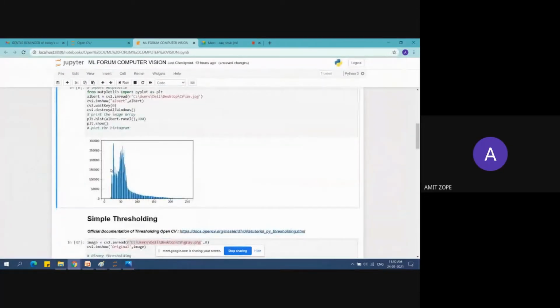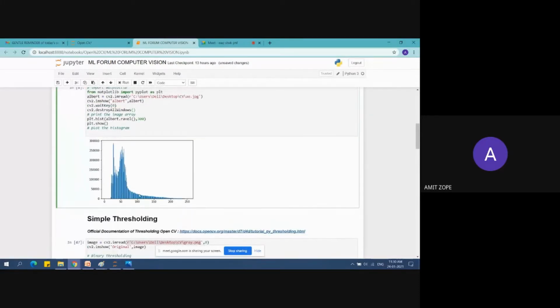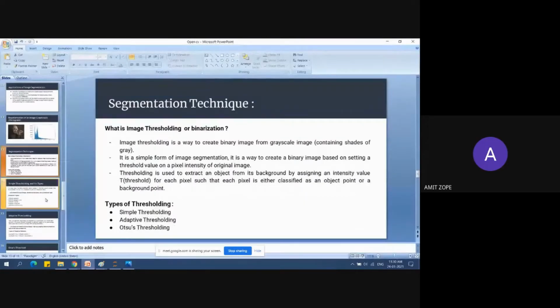Yeah. So this is the histogram of this image, that is the Albert Einstein image. So yes, next I will be going on to the simple thresholding part. So thresholding here, it is